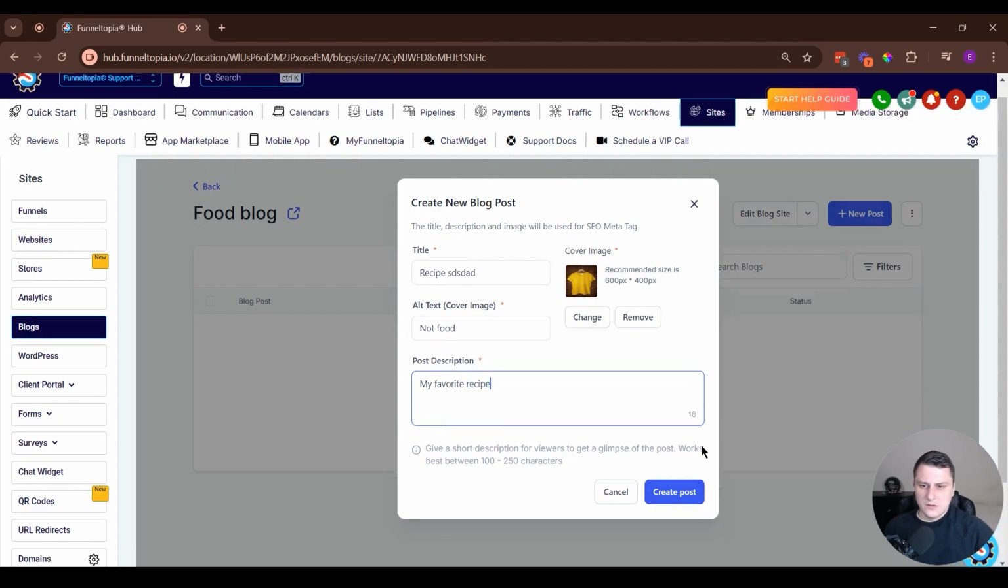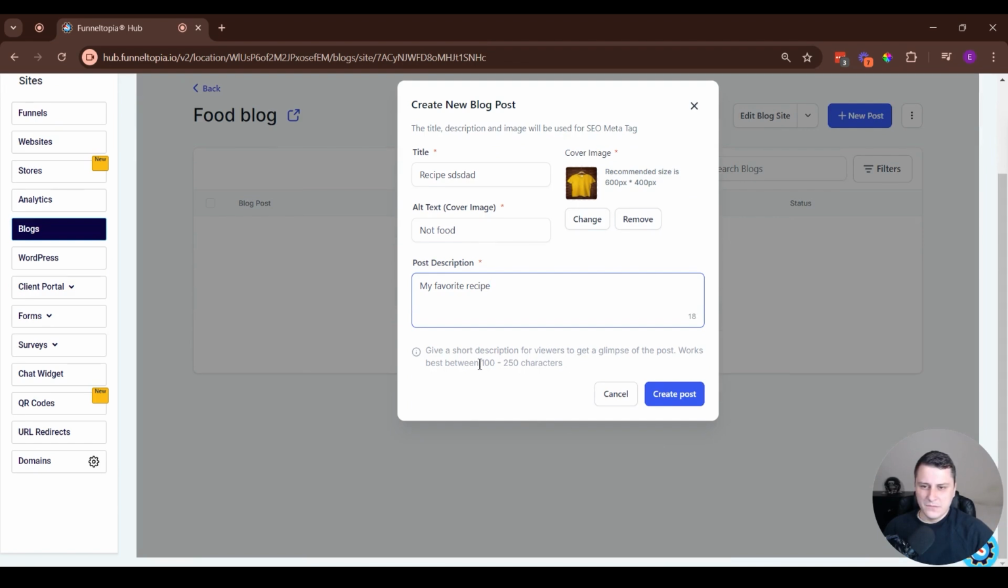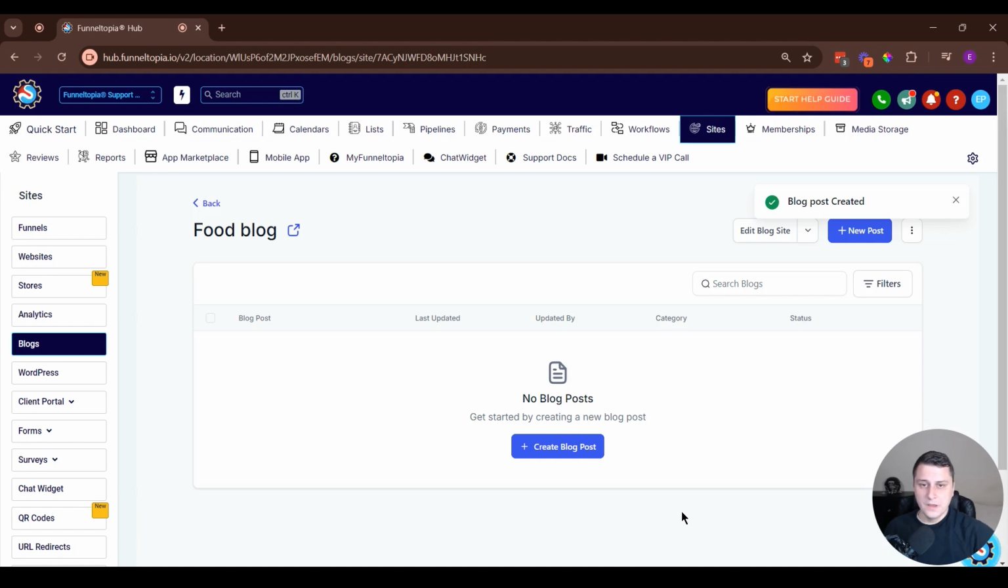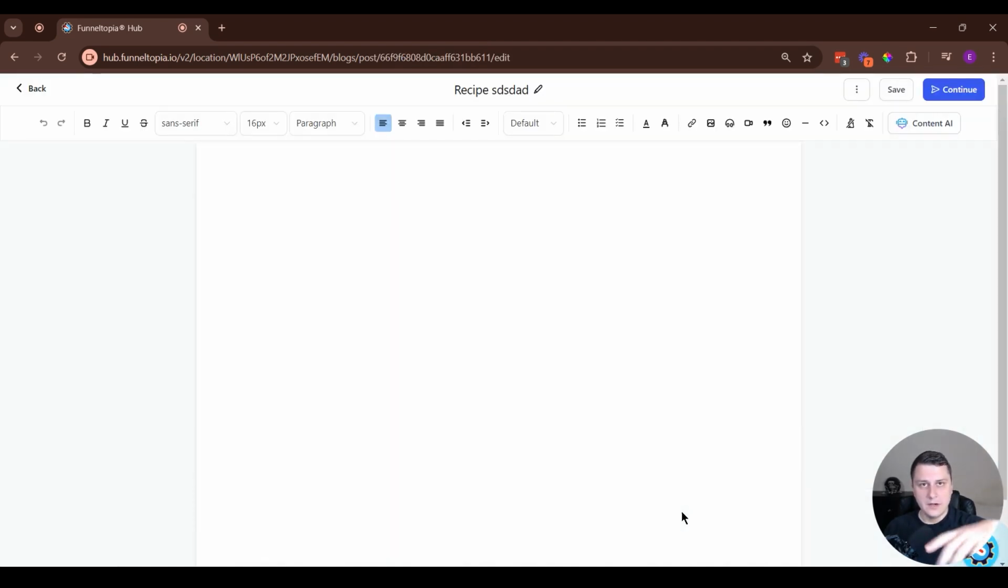Right, and I don't think there's a big limit. Oh, that's the recommended 100 to 250. This, again, might change over time based on SEO best practices. Currently, 100 to 250 characters. Keep it within there, preferably. Create a post. And now we're going to go in, we're going to create that post, and then later on,